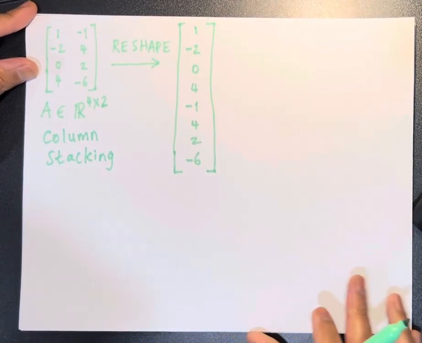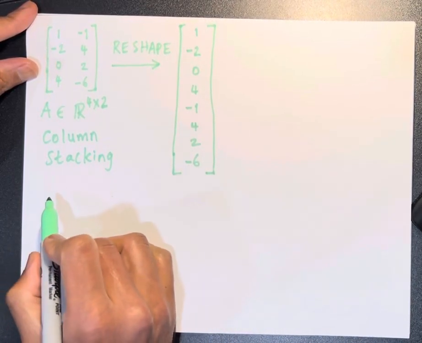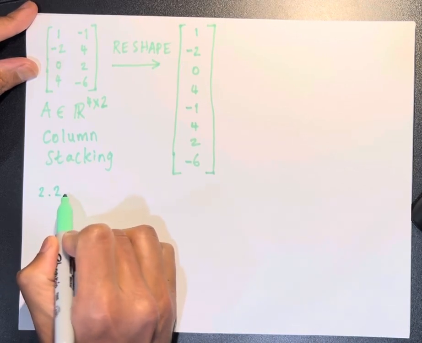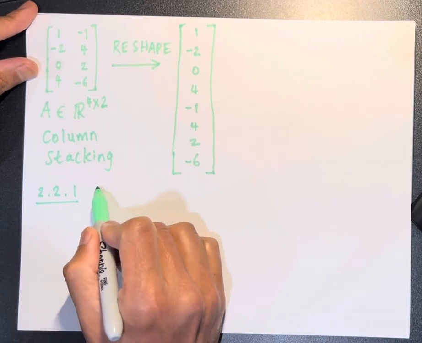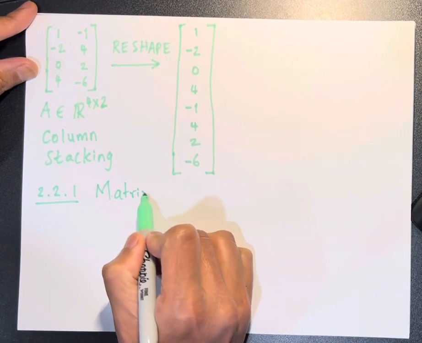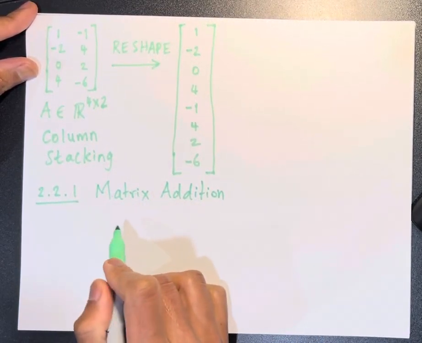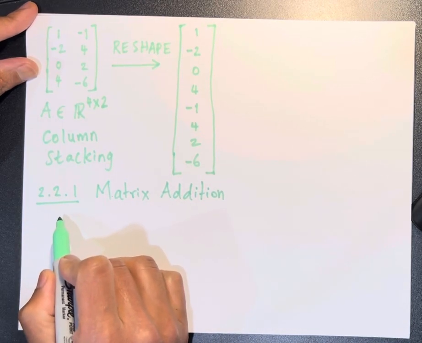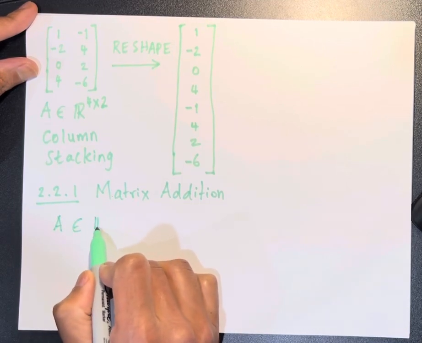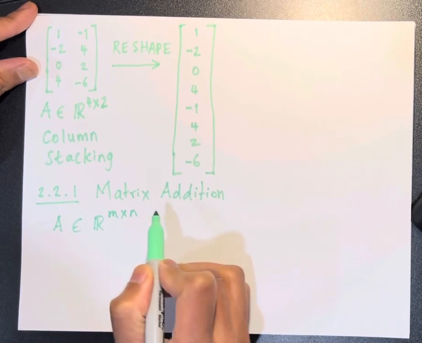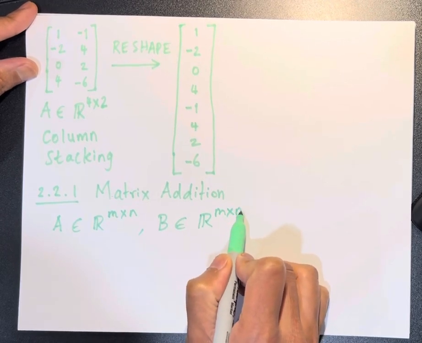This might be useful for doing some mathematical operations in a more efficient manner. Okay, so now we move on to section 2.2.1, which is matrix addition and multiplication. So the sum of two matrices: you can add two matrices only if they are of the same dimensions. So if you have a matrix A which belongs to R m by n, and then if you have a matrix B which also belongs to R m by n, then